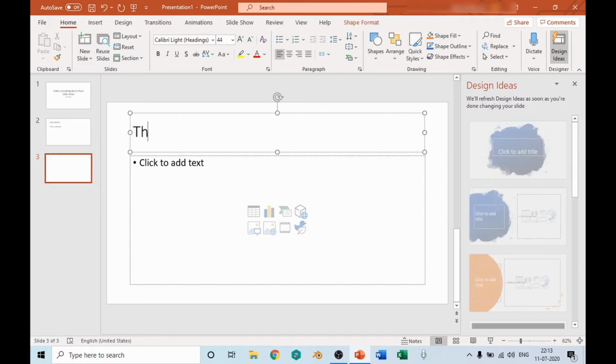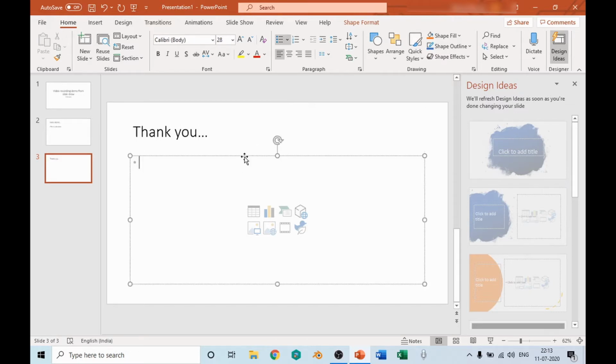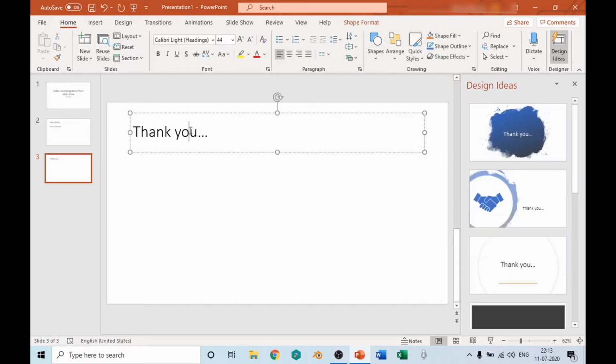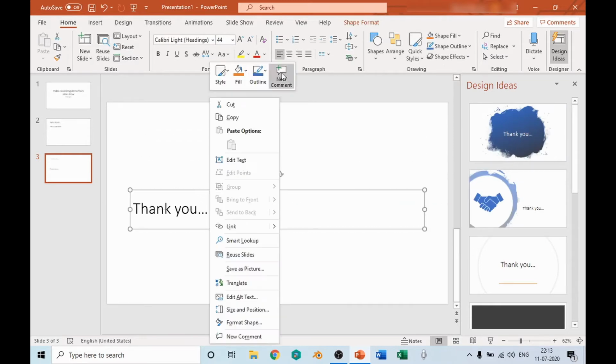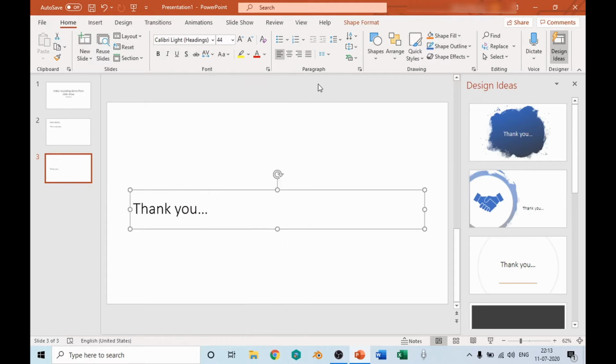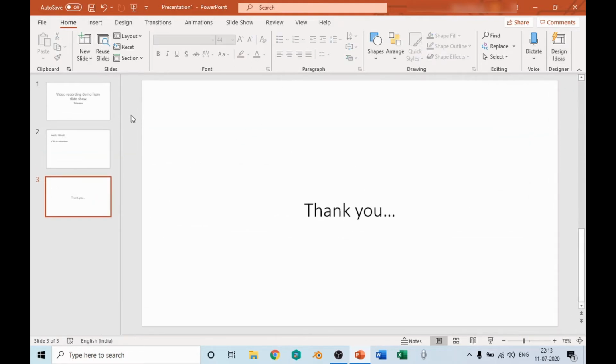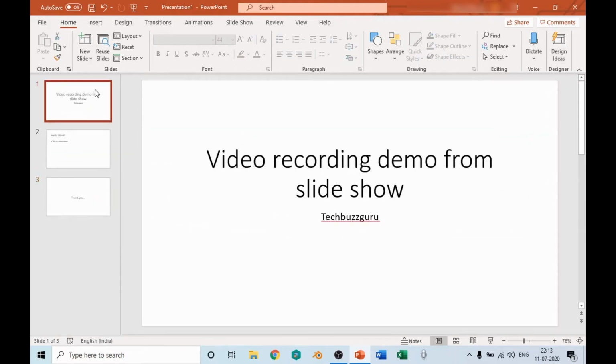And finally I'll just write thank you, right? And maybe make some minor changes here. Bring it down at the bottom, then align center, like this. Okay, so here the slideshow is ready with us.